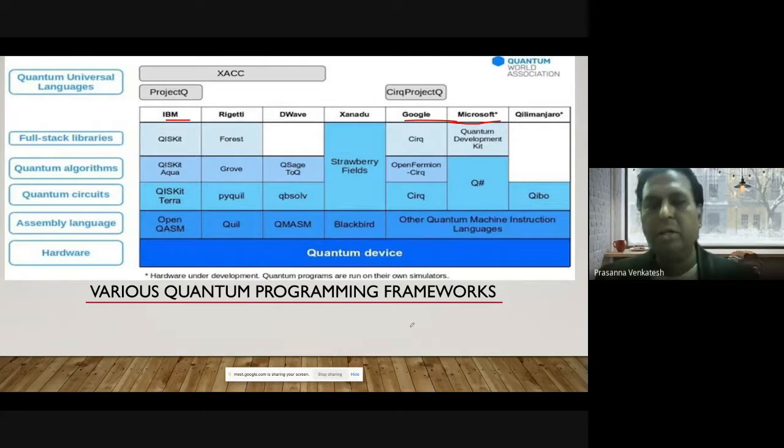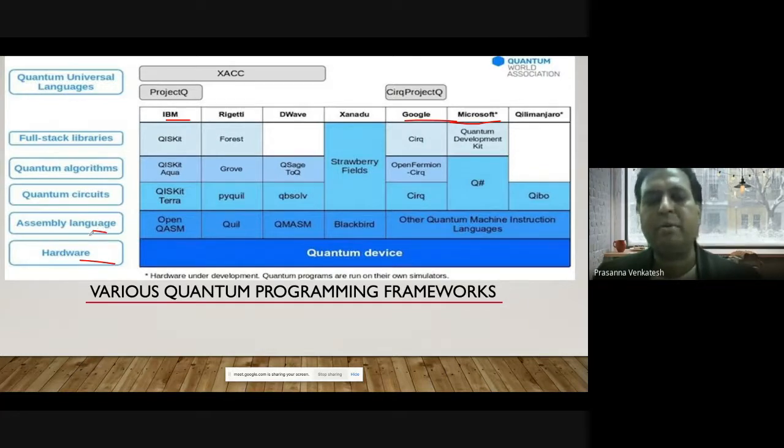Similar to your typical classical computers, you need hardware. The quantum device is like your computer, where the algorithms that you create get executed, and you have an assembly language for the specific providers.